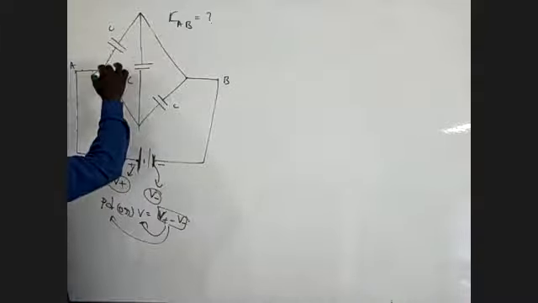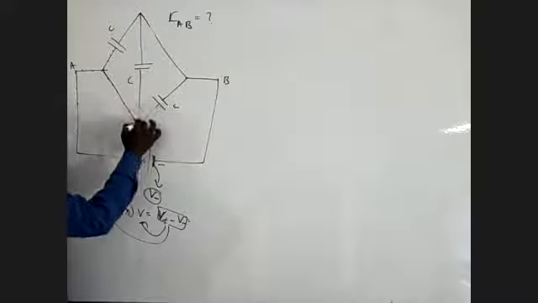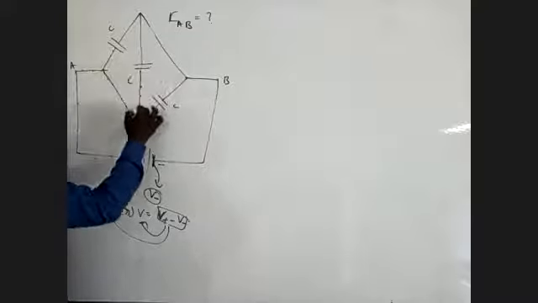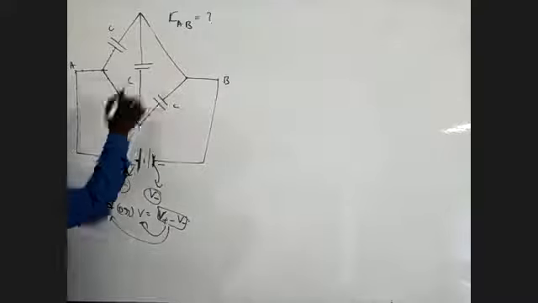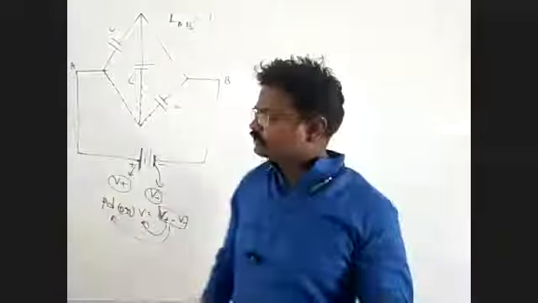Up to this point is high potential. Up to this point is high potential. This also is high potential. The remaining part is low potential. So I am removing this diagram. How can we remove this one? You see that? How can we remove this one?